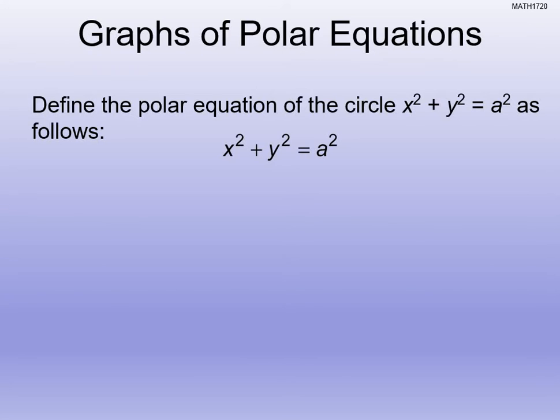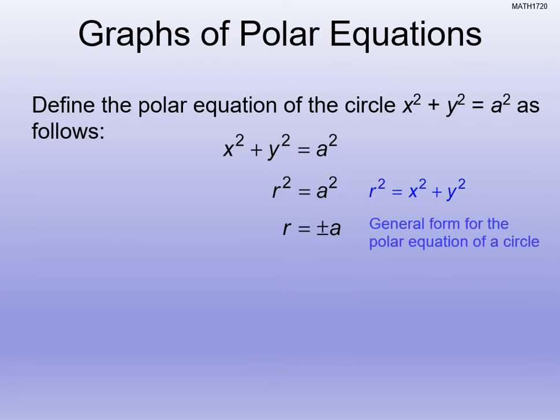Alright, so starting off with the equation of a circle, x squared plus y squared equals a squared. We know that we can replace x squared plus y squared with r squared. That's the Pythagorean theorem, and that's how we calculate the magnitude. So we know that r ends up being plus or minus a. When we get r equals plus or minus a, it gives us the general form for the polar equation of